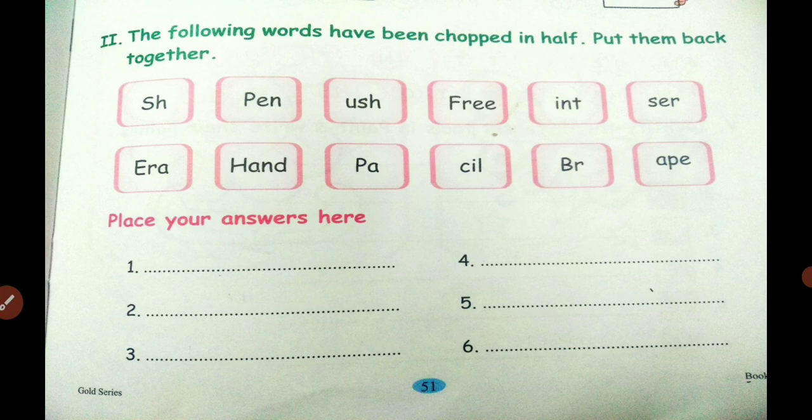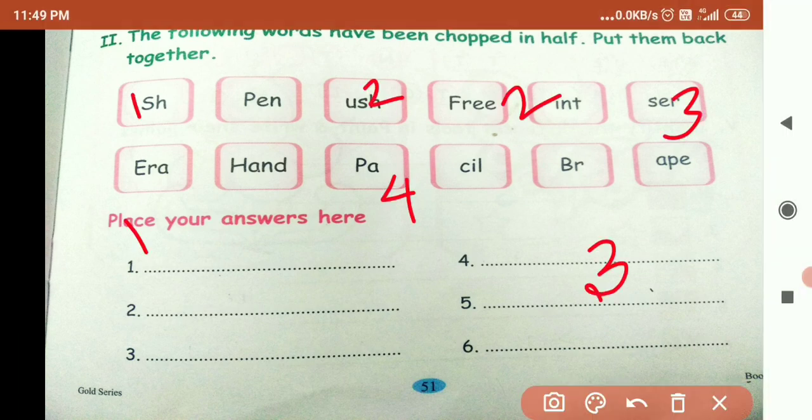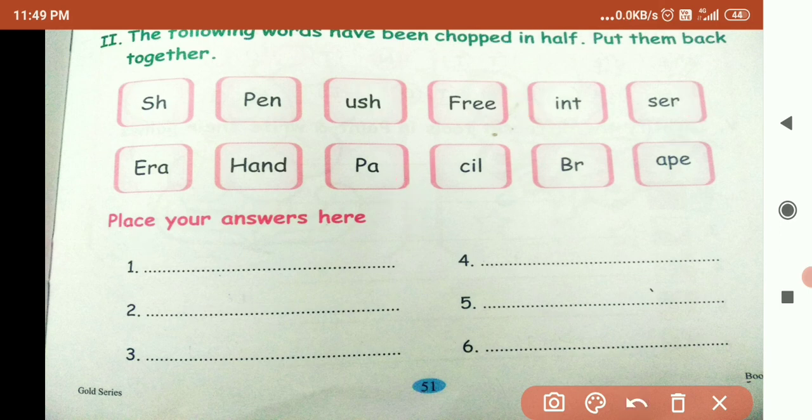For that, you just see, there is SH. So you can draw like that. SH, APE, shape. Right. So everyone write in the first one.